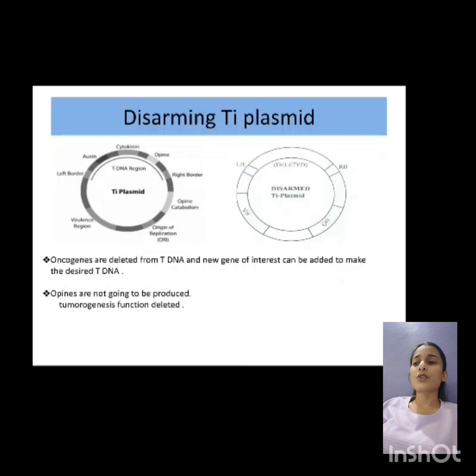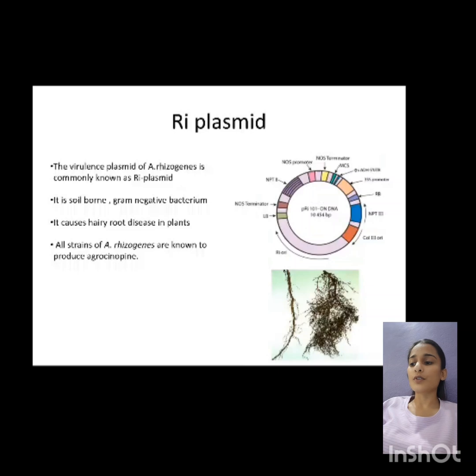or host chromosome. So we use the natural transfer mechanism of the TI plasmid for better use, mostly for the plant's benefit. We can use that. TI plasmid disarming can be done by deleting the opine and tumorigenesis functions, so they are not produced. These few things can be done, and we can select the transformed and non-transformed cells by using two antibiotics,